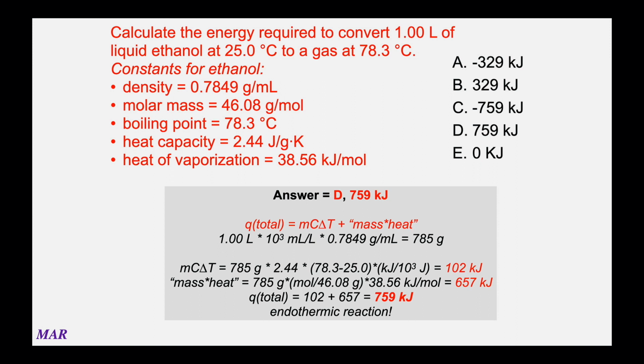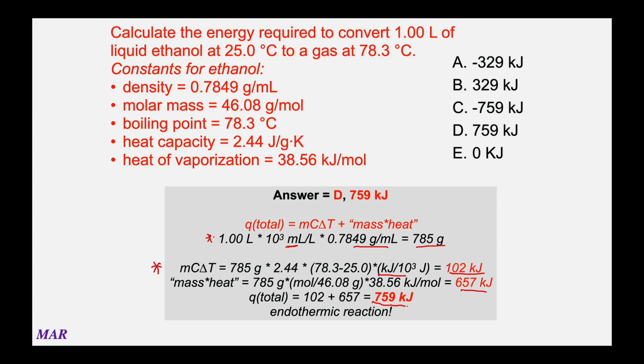And again, let's see the parts. This first step right here is the Q equals MC delta T. I used the 1 liter. I turned it into milliliters, and then using the density, I got 785 grams. I used 3 sig figs because 1.00 liters is 3 sig figs. I then converted the Q equals MC delta T to kilojoules, which is probably more efficient, 102 kilojoules to heat up the ethanol. The second part, where we're actually turning the liquid into a gas, it's a mass times heat of something. So we turned the grams into moles using molar mass, multiplied by the delta H, 657 kilojoules to turn the liquid to a gas. And then finally, you add up everything to give the overall energy. It's definitely going to be endothermic, i.e. positive,